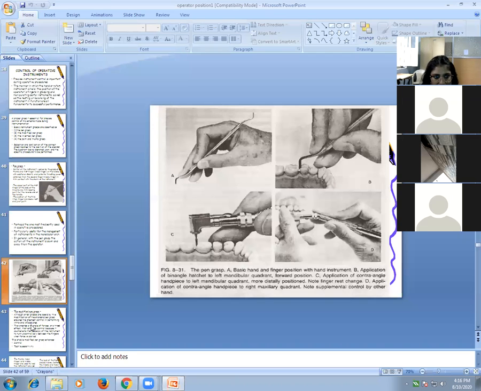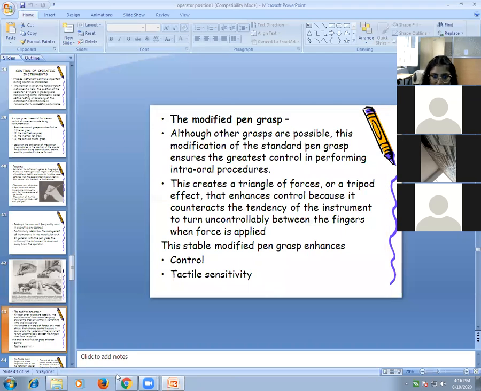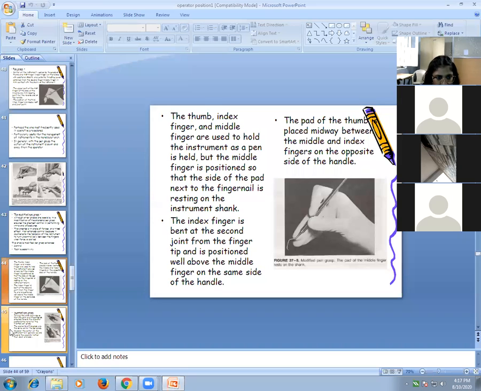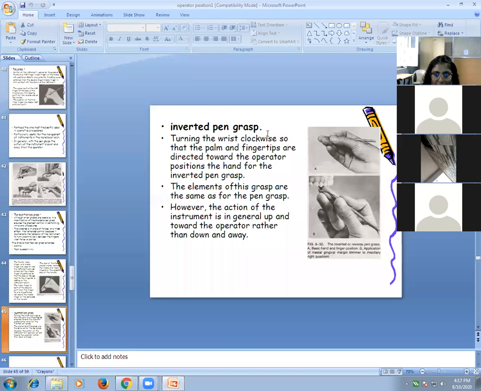These are the four different types of rest. Modified pen grasp. See the modified pen grasp. This is such a big rest provided by the third finger, and the ring finger also. This is the inverted pen grasp. Usually we do not use